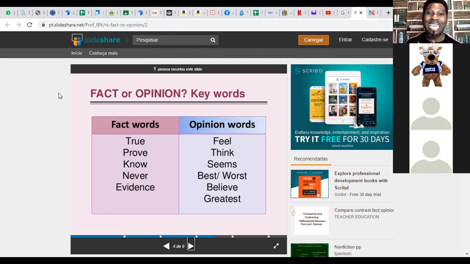And then you use words like evidence. Evidence reveals that AstraZeneca vaccine does not cause blood clots, according to evidence. So that is a fact. When you're talking about evidence or fact, you use evidence. Then for opinion, you say words like I feel, or I think, or it seems. It seems that